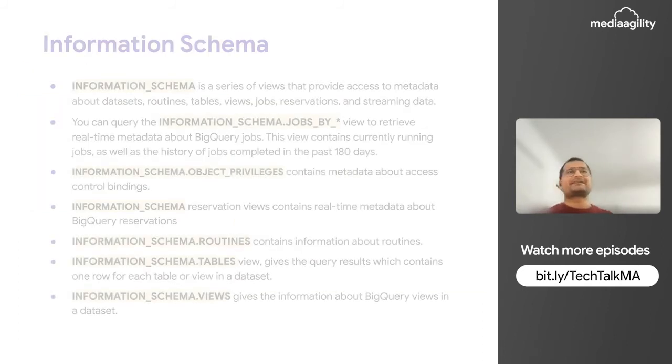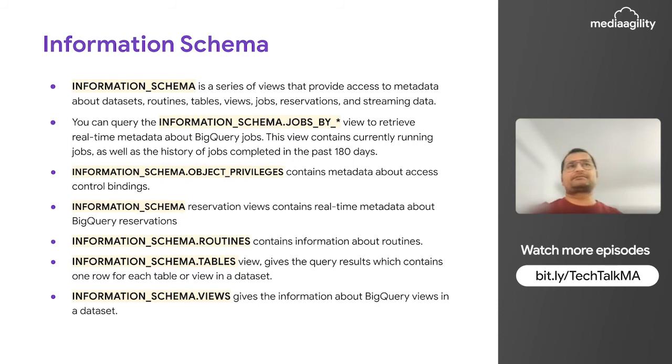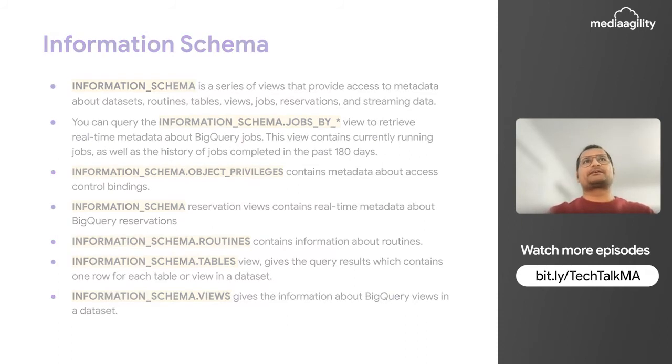The last thing is the information schema, which I was talking about, like how to see the power of BigQuery's information schema. Now, this is a simple query. In the information schema, there are jobs by project, jobs by organization, and many tables which you can use. But here, I will use the jobs by project to show certain information. Okay, so let's dive into the BigQuery console.